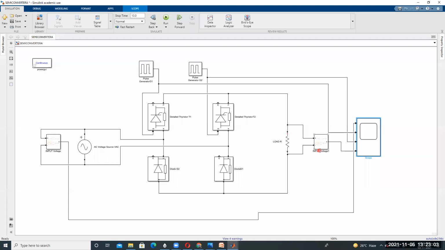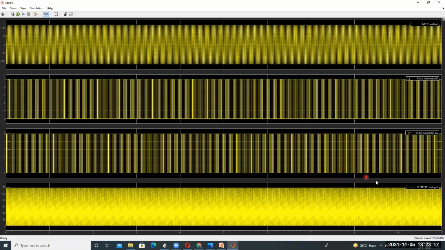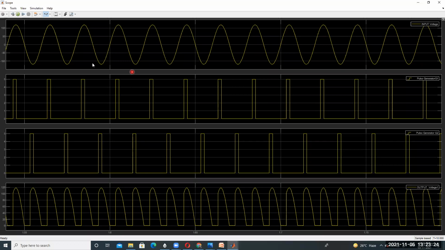I'm changing this to output voltage, and then again press run and open scope.